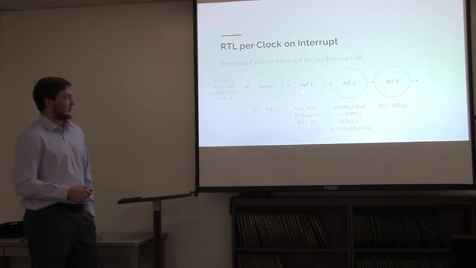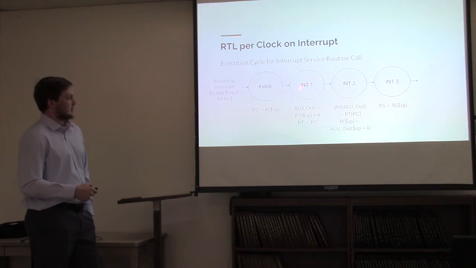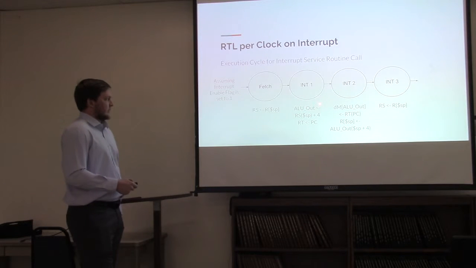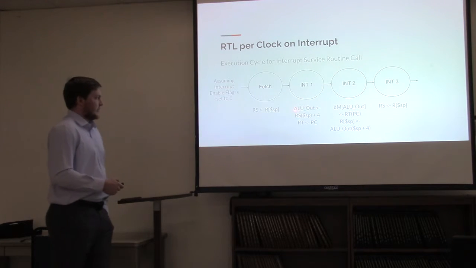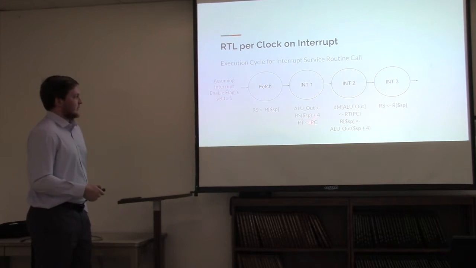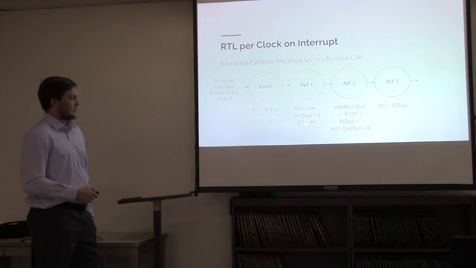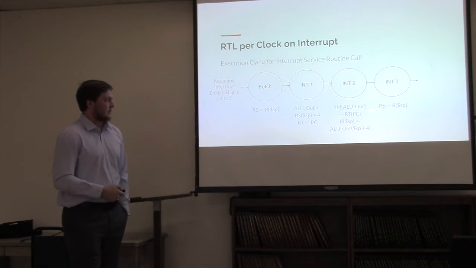And then on our first stage, skipping the decode stage and jumping in directly, we can load our ALU out with our stack pointer incremented by 4, because of our pre-increment, and load the program counter into RT. And then on the next stage, write to the memory at our pre-incremented stack pointer value, write our program counter, and then